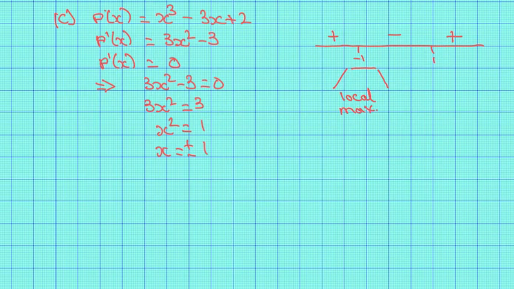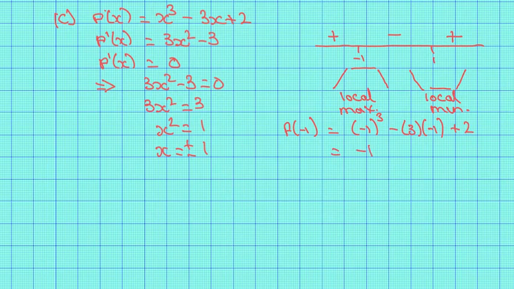And at 1, it goes negative, 0, positive. So we have a local minimum. I need to know what values the maximum and the minimum have. So I need to do f of minus 1, which equals minus 1 cubed minus 3 lots of minus 1 plus 2, which is equal to minus 1 plus 3 plus 2, which is equal to